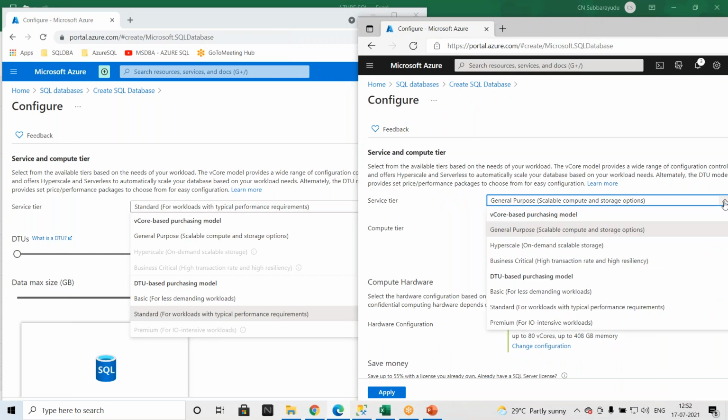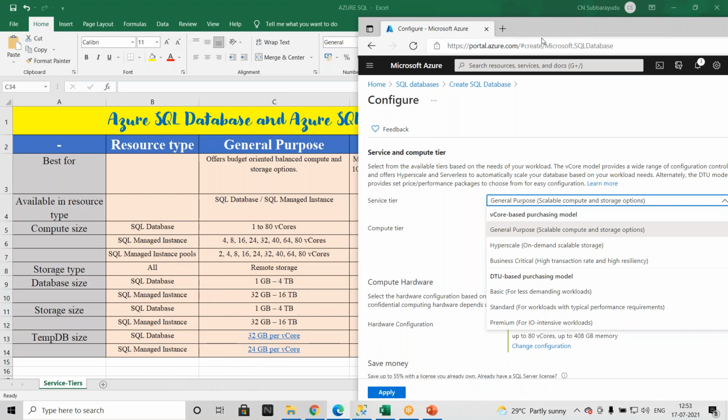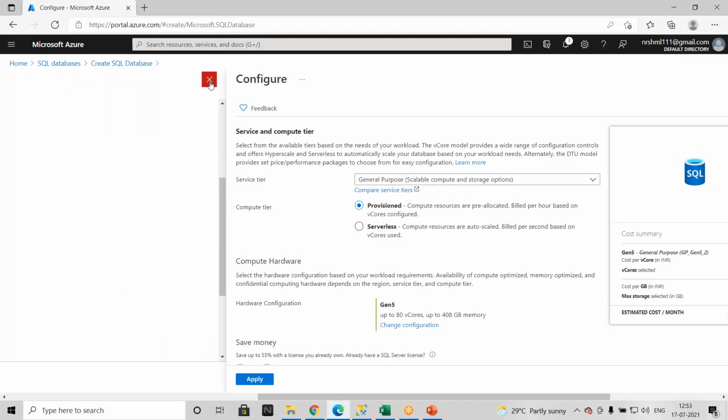But if you are under the pay as you go model, you can deploy hyperscale, business critical, and also premium. So let me go in detail on the DTU purchasing model: how much maximum size Microsoft is offering for each performance tier, before we deploy.